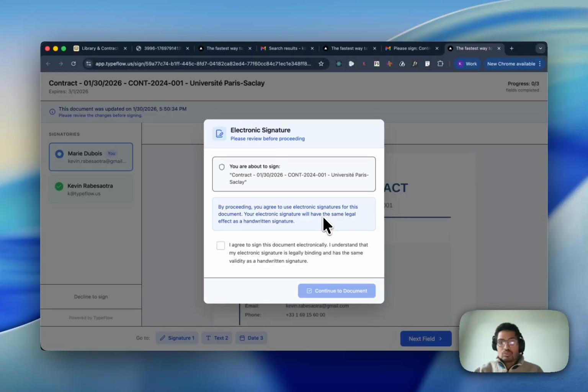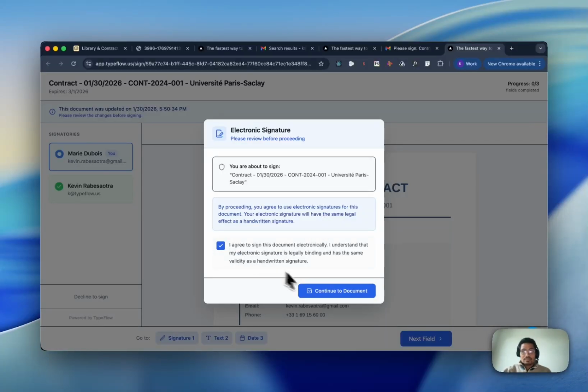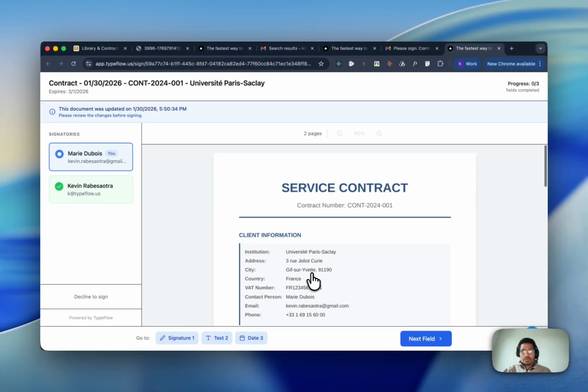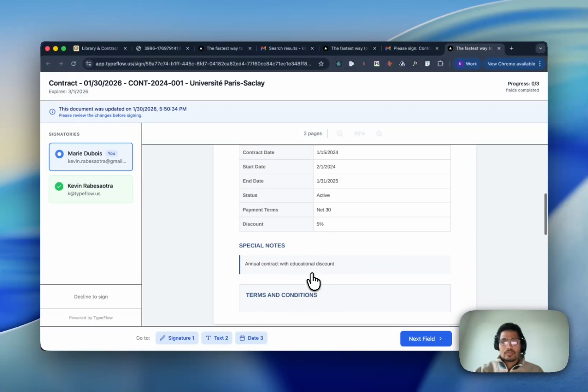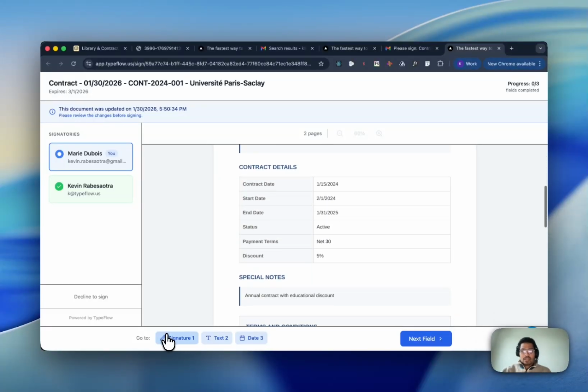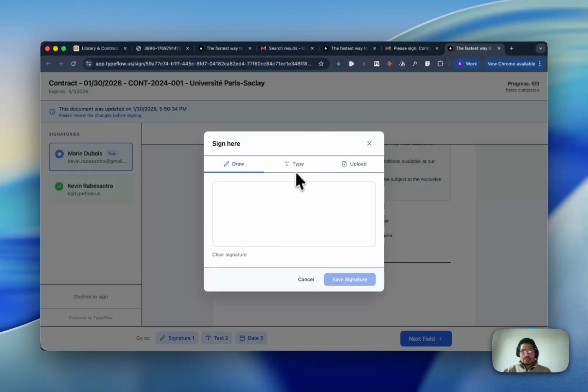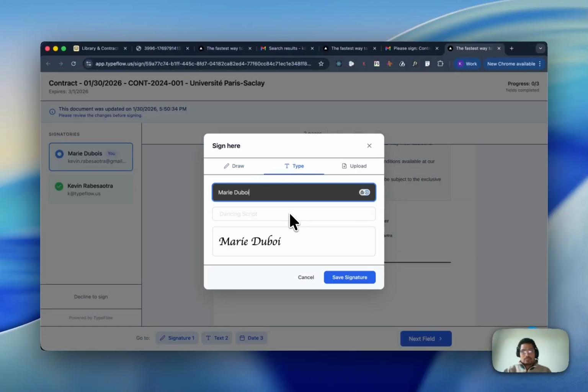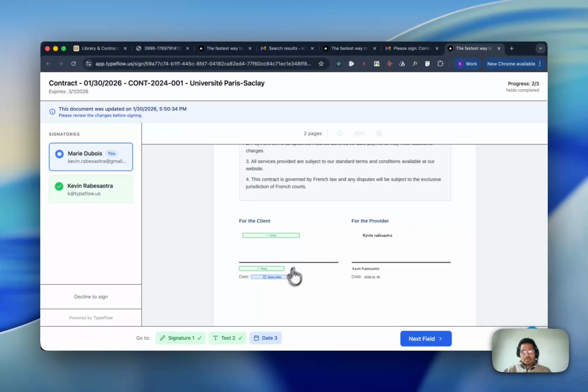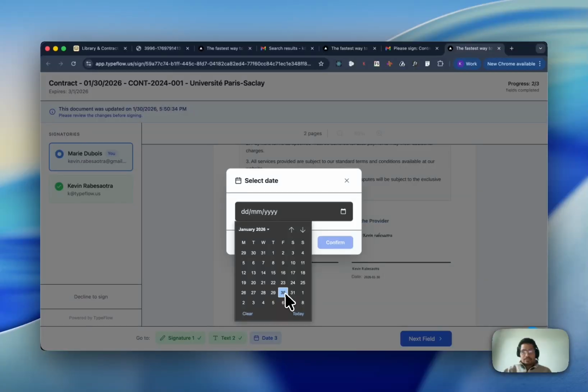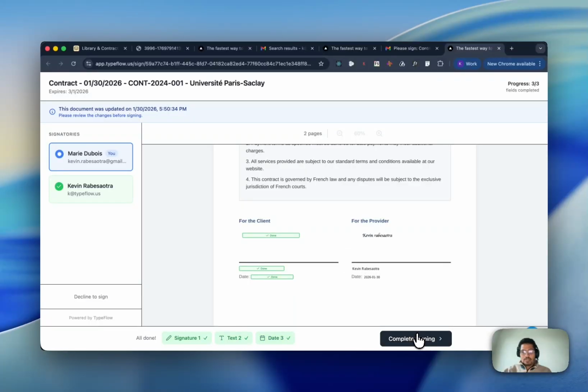Again, I need to agree to sign this document electronically, so I consent. Perfect. I can read the contract and I'm going to sign. And today's date. That's it. Now I sign the document,